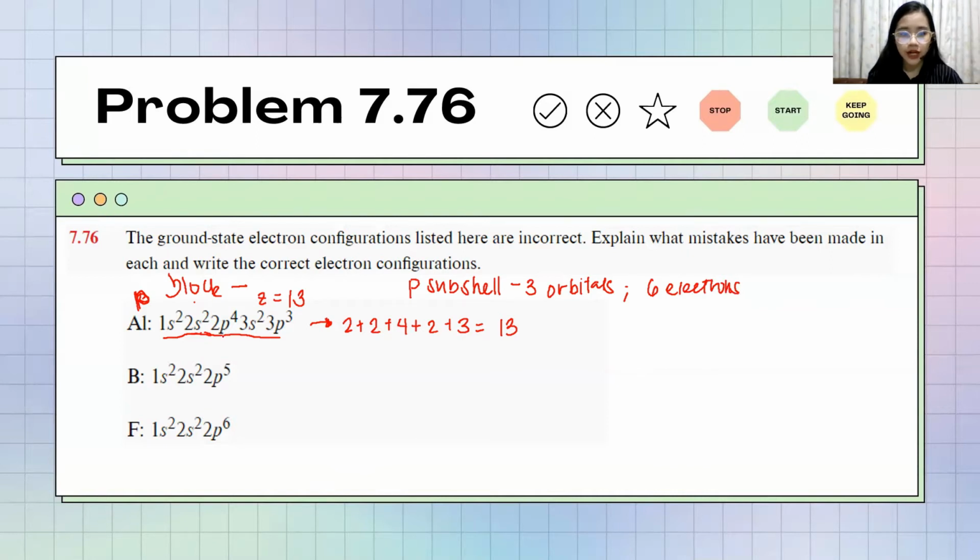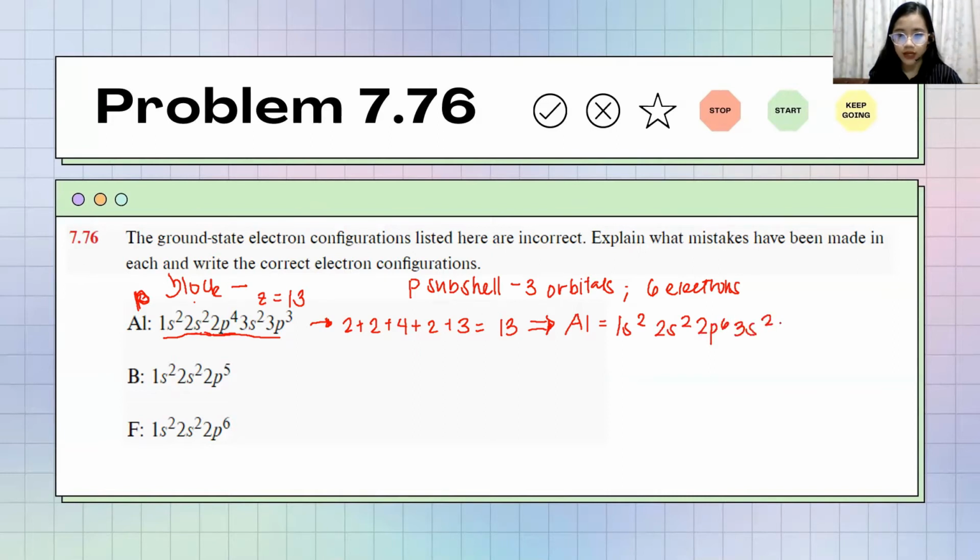If you see it here, this part 2p4 is incorrect. So to write the correct electron configuration, Al is 1s2, 2s2, 2p6,